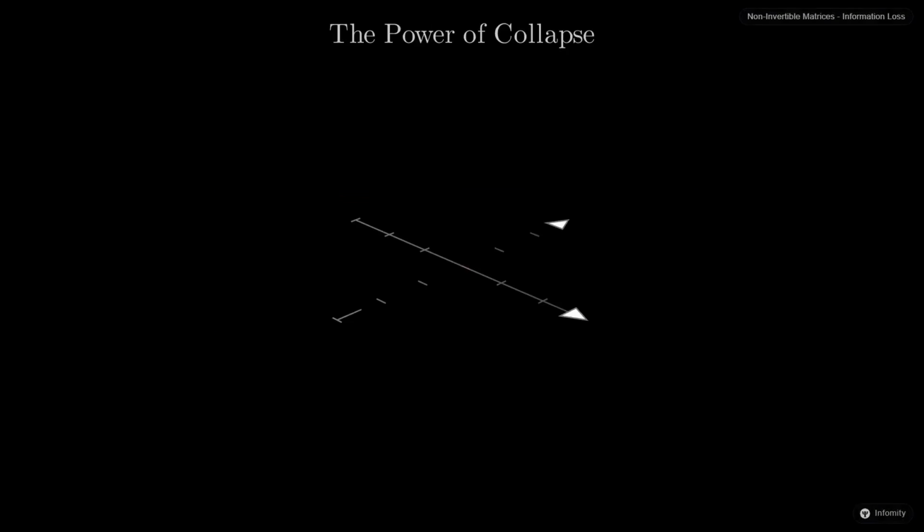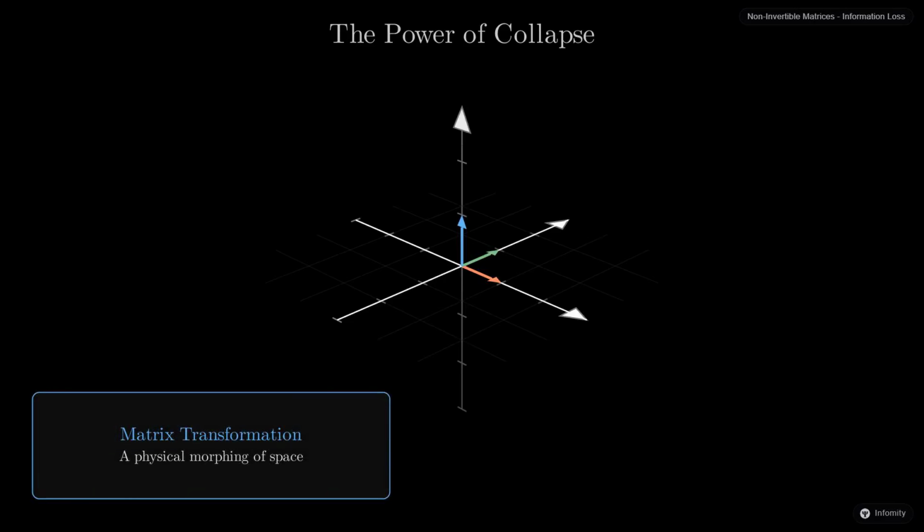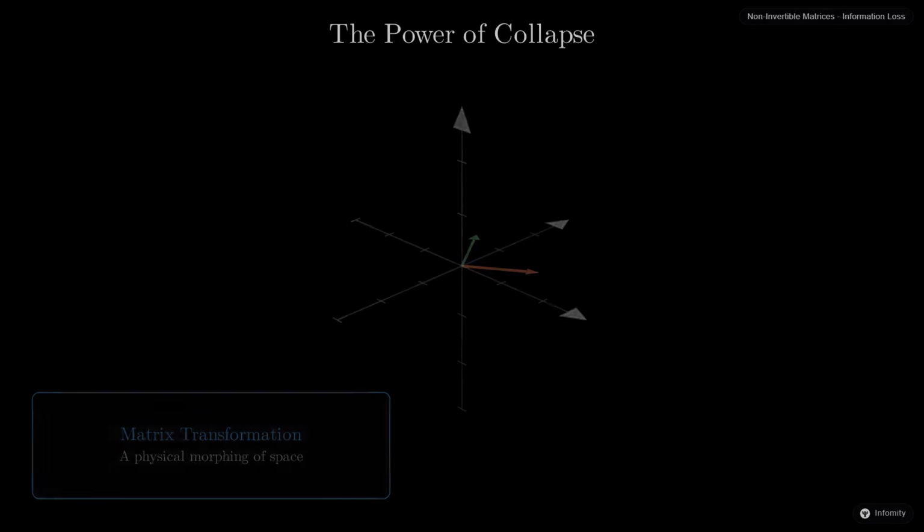You now understand that a matrix is not just a grid of numbers, but a physical transformation of space. Some matrices stretch space, some rotate it, and some permanently flatten it. Next, we will explore how changing our perspective can make these